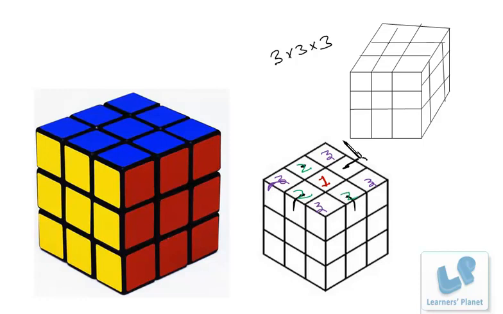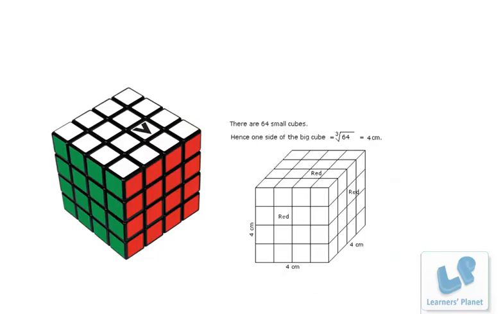Okay, the same thing will happen with the 4 by 4 by 4 cube. Let's see here. 1, 2, 3, 4. These four pieces from the top layer will be having three sides colored. 3, 3, 3, 3. Then these are 2, 2, 2, 2, 2, 2, 2, 2, right? And the center pieces will be 1, 1, 1 and 1, right? The same thing will happen with 5 by 5, 6 by 6, any number by that same number.